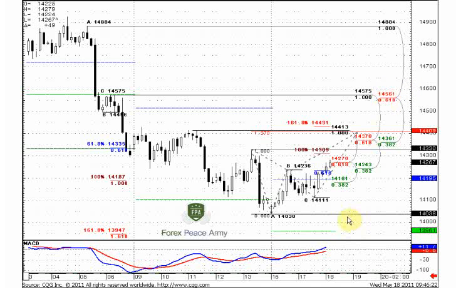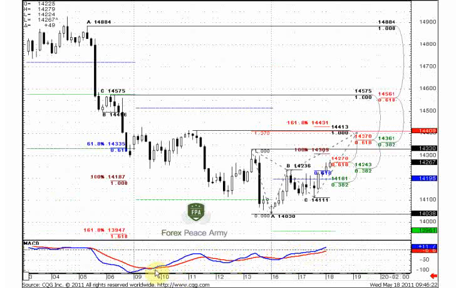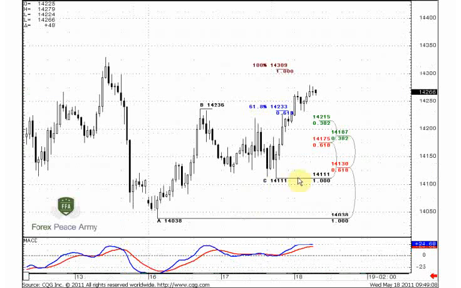Okay, so what could we do in the current environment? On the one hand, we are not very impressed by this move. On the other hand, who knows, maybe this is the real start of the move to the upside and we would not like to miss it. So let's shift to the hourly chart and take a look at this current move. Also take note that the hourly trend is bullish and the 4-hour trend is bullish. Also see the nice divergence that we have discussed, in general a bearish sign, bullish sign. Well, what could we do?